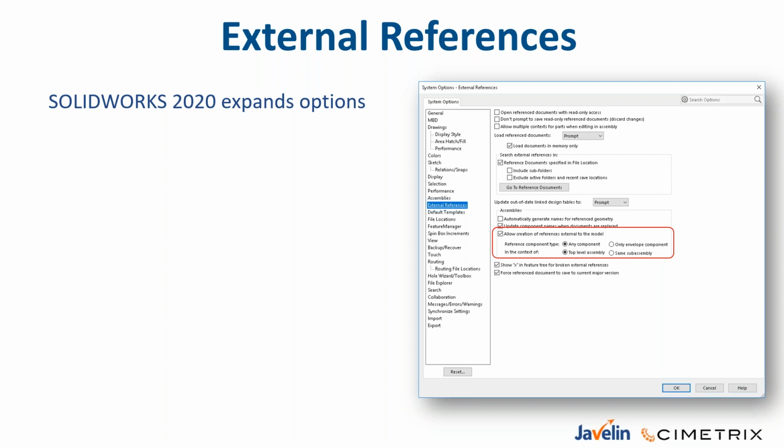We have the options of saying that the external references can only be made to envelopes, thereby helping our designers remember to use the envelope publisher. And we could also say whether we want them to be in the top level assembly or within only the same subassembly. In order to get the best large assembly performance, your organization will have to decide what's important to you,